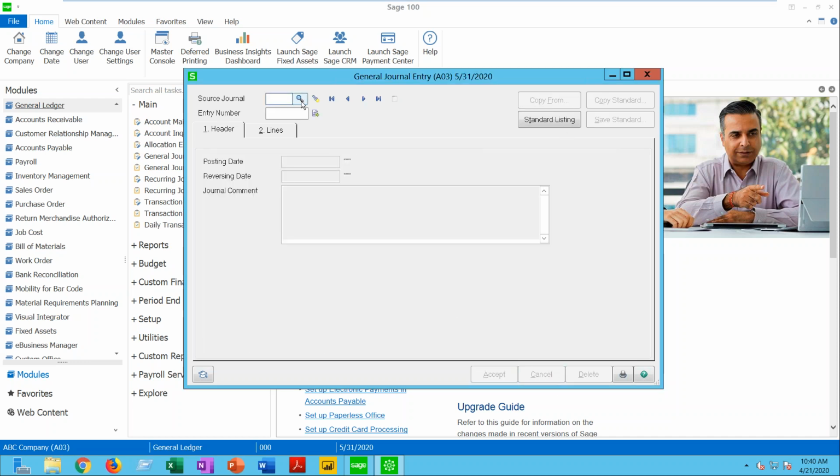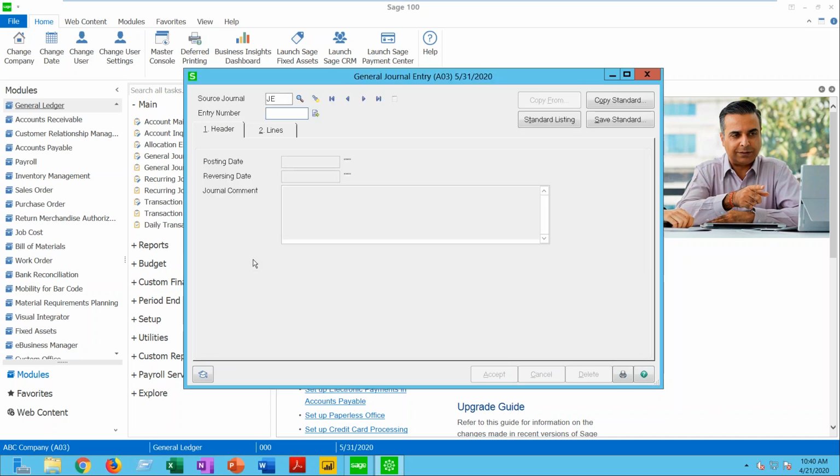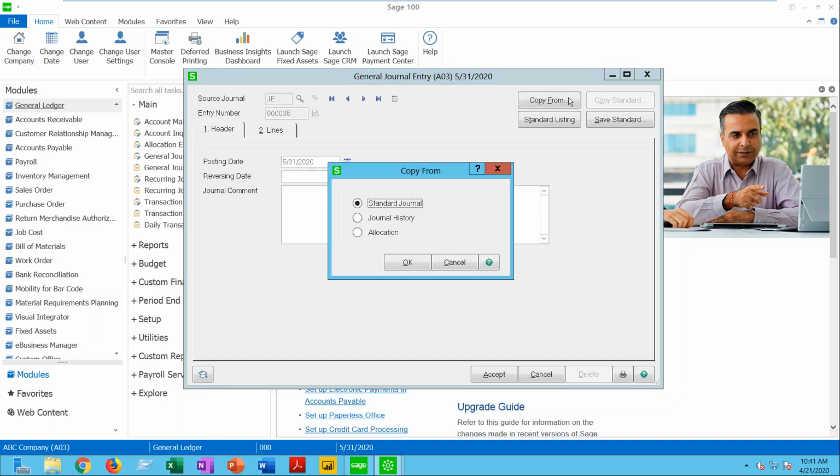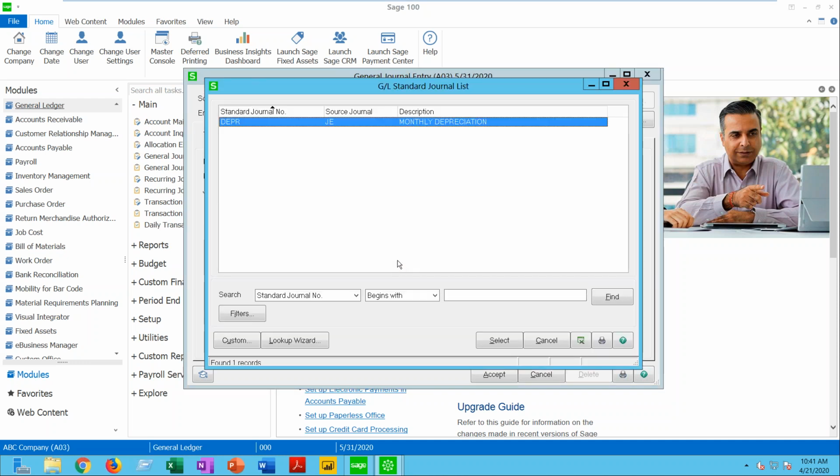So cancel again. Now let's pull one in. So we have one for JE. I need an entry number. My copy from button lights up. I click copy from, and standard journal is my first option. So when I click OK, it's going to automatically display all the standard journals that I have saved for